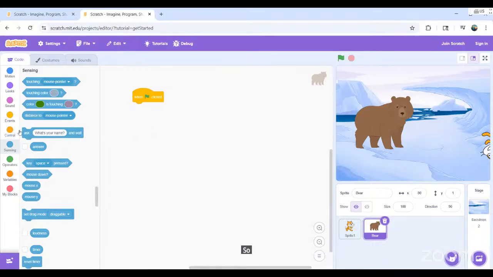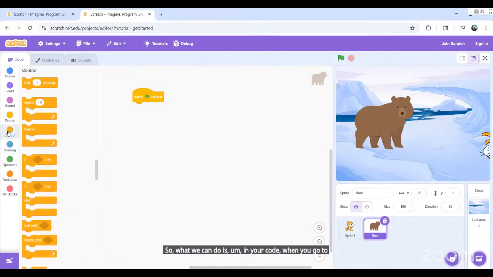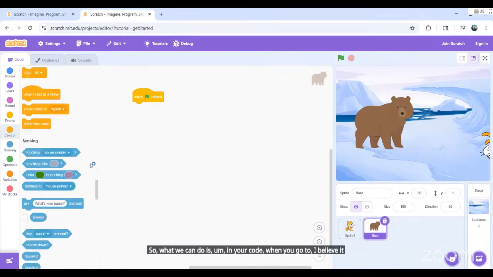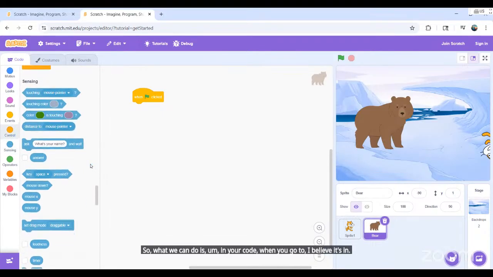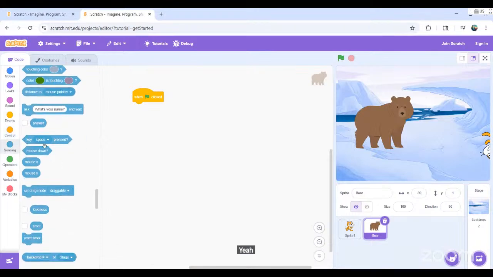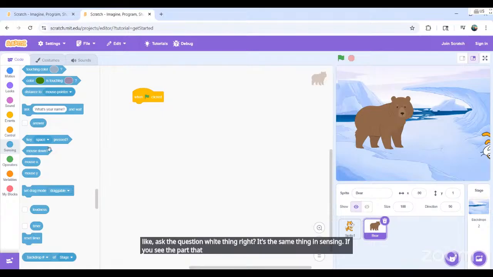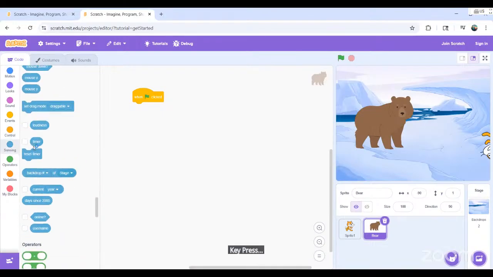In your code, it's in sensing, like Riley did his ask the question and wait thing. It's the same thing in sensing. If you see the part that says key pressed,